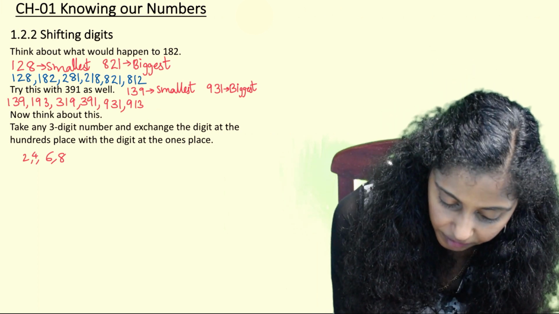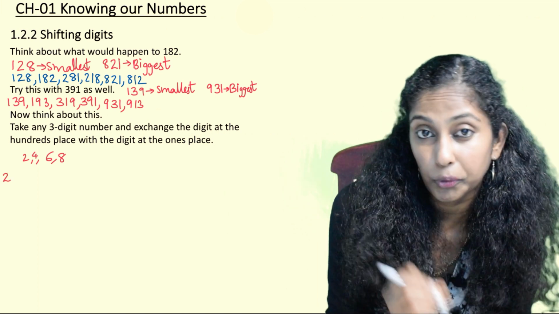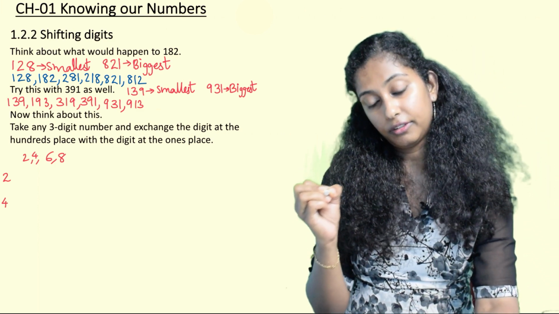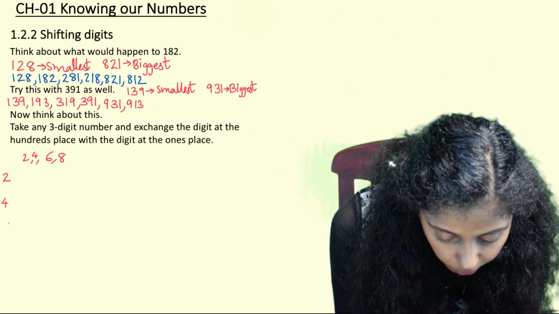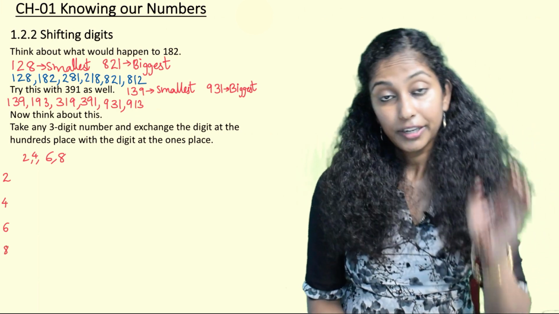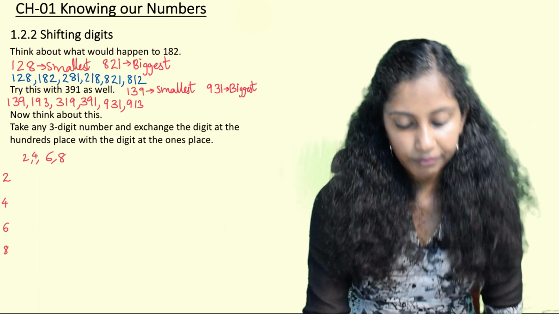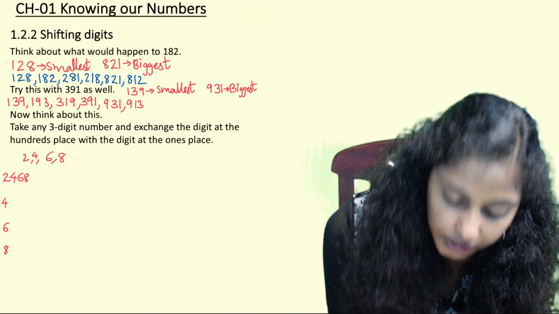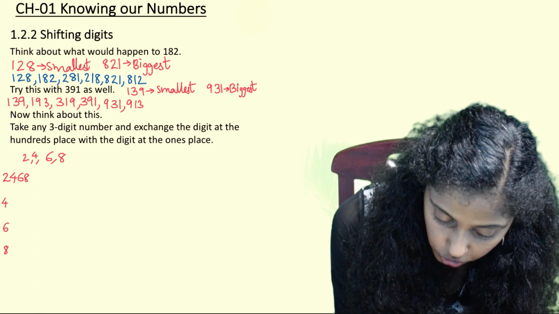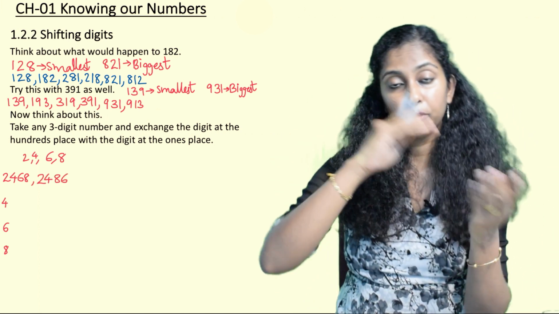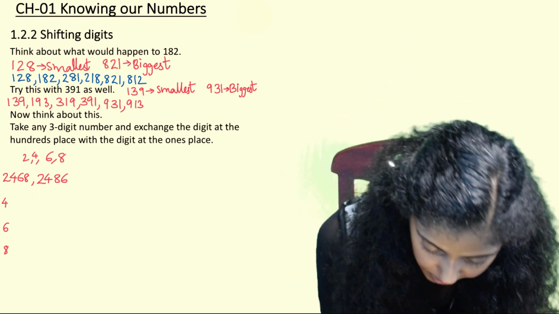So when we are forming various numbers, in the first place I'll keep only 2. Then I will form numbers with the digit 4 in the first place, then we'll form numbers with the digit 6 in the first place, and ultimately with the digit 8 in the first place. So when we are using 2 in the first place, we can keep 4, 6, 8 as it is. Now again 2 as it is we are keeping, 4 also we are keeping as it is, we are changing the positions of 6 and 8 as 2486.